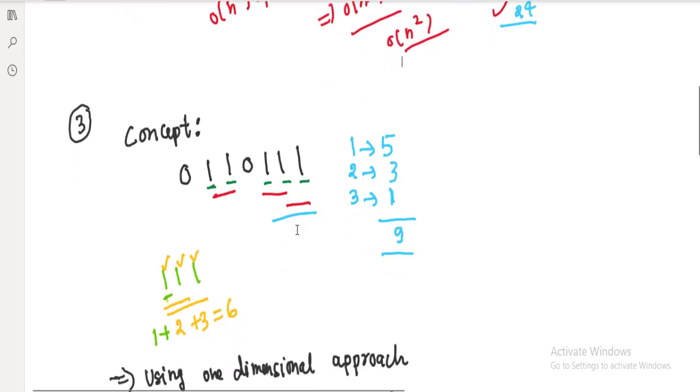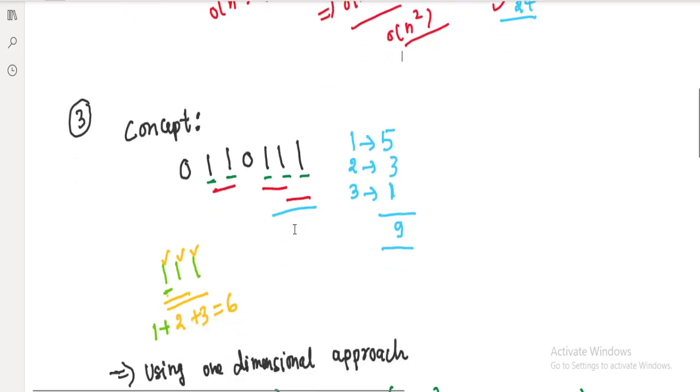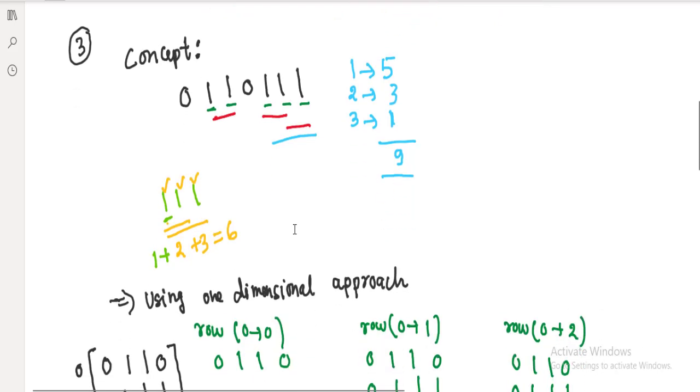In this approach also we didn't reduce the time complexity, but see another concept of how we can solve this. First we'll see how we can compute this for a one-dimensional array, then we go to the matrix. For the one-dimensional case, let's say this is the array given to us. Now we need to find the submatrices which contain all ones. How can we solve this? For example, 0, 1, 1, 0, 1, 1. We'll first see the lengths of the runs of ones.